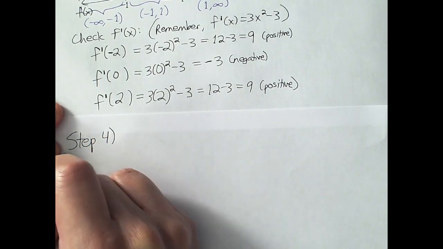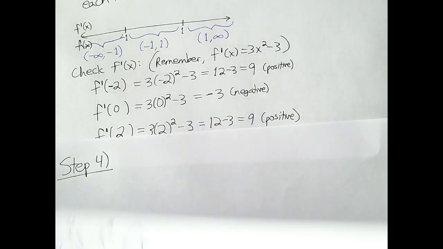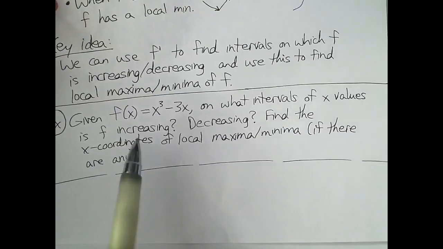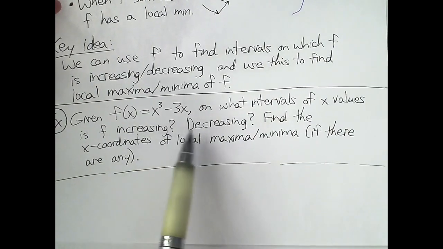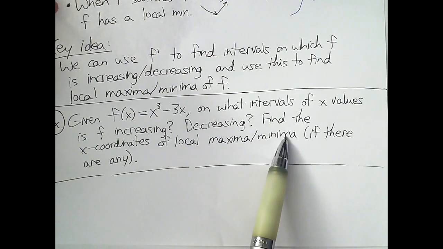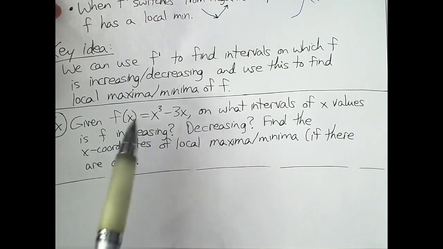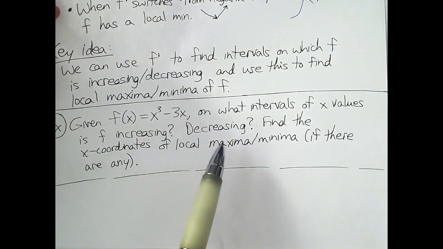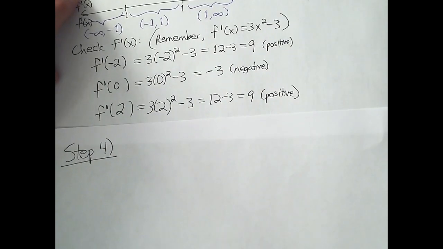Maybe at this point I should remind you, what are we trying to do in this problem? Because we've gone over a page here. So before we do step 4, real quick, let's just take a quick look at what the problem was. It gave us a function. It says on what intervals of x values is f increasing, on what intervals is it decreasing, and find the x coordinates of any local maxima or minima. So it's really four things we want. Intervals of increase, decrease, x coordinates of maxima, minima. All right, we're going to try to find all of that and put a big box around it at the end. So step 4 is going to be